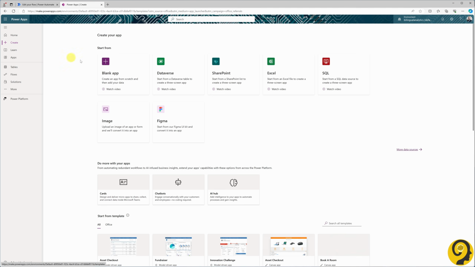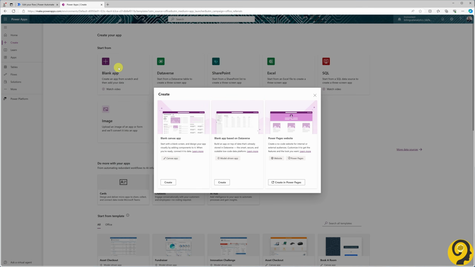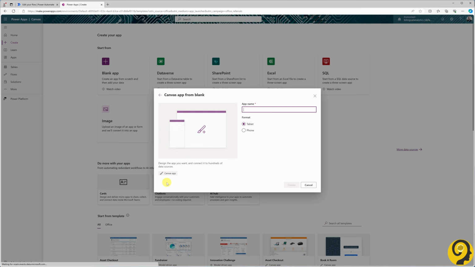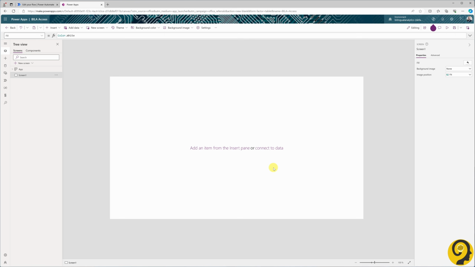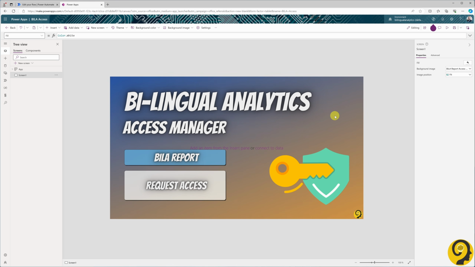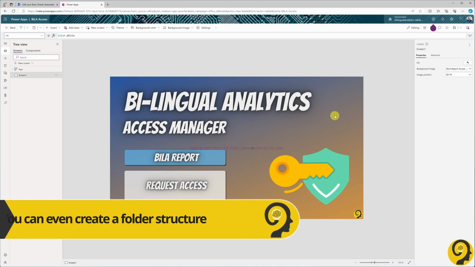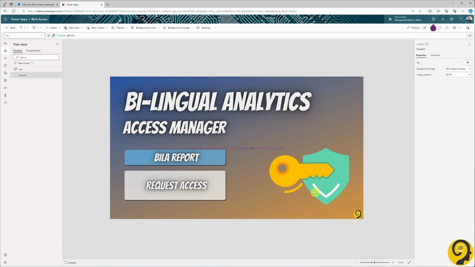Click on the Create button and choose Blank App from the options. Choose the blank canvas app and proceed by hitting Create. To start with, I'm going to add the background image that I've created in Canva. While I found managing background easier there, feel free to design directly within Power Apps. Perfect! You can imagine having multiple report options here, but for now, let's focus on creating an app for a